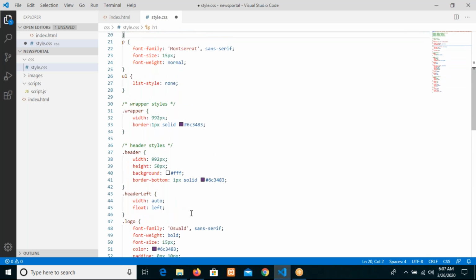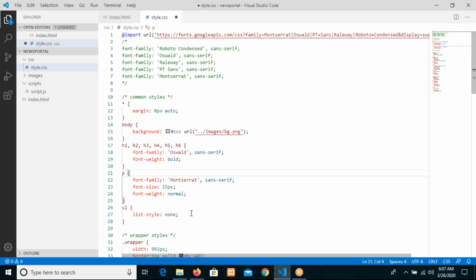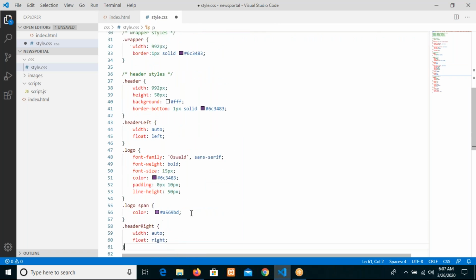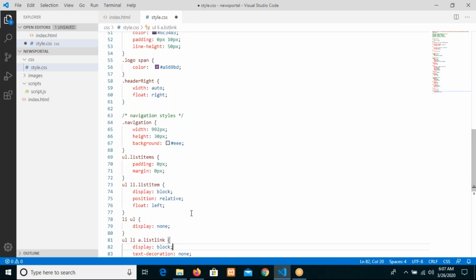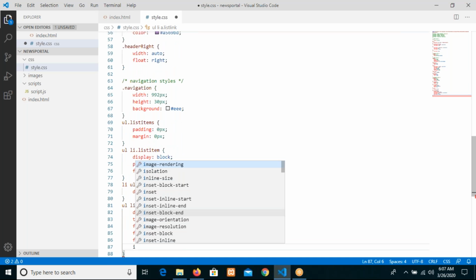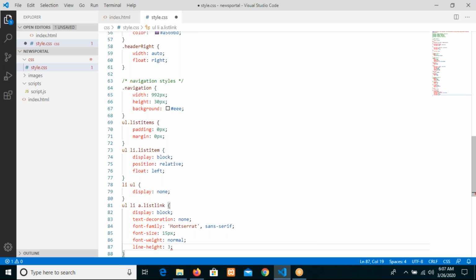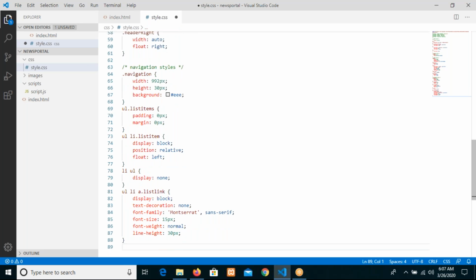I can go with the same properties as the paragraph we have given here, right? And line height. What is the navigation height? 30 pixels. So displaying in a block with no underline and font family, font size, font weight, and this one